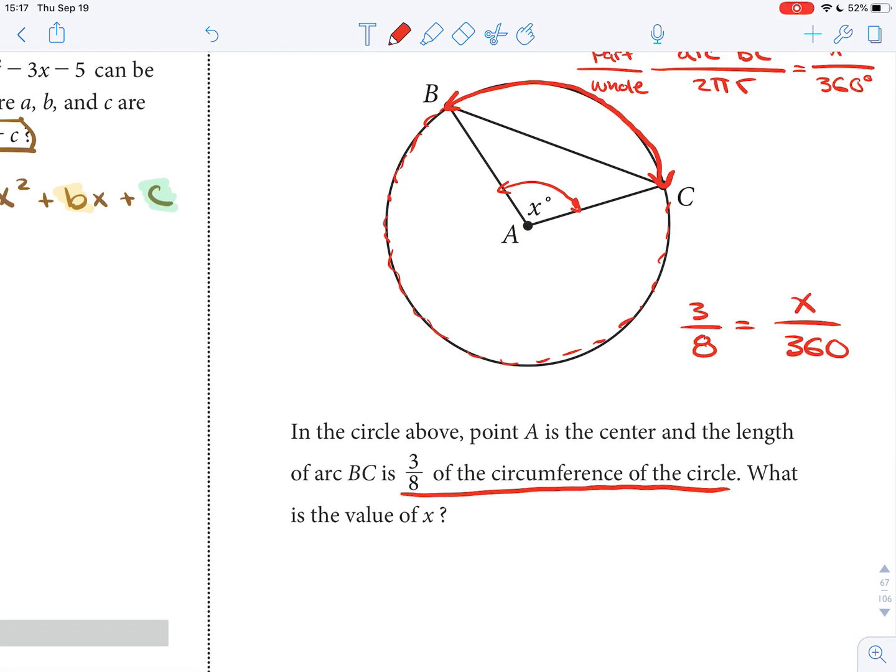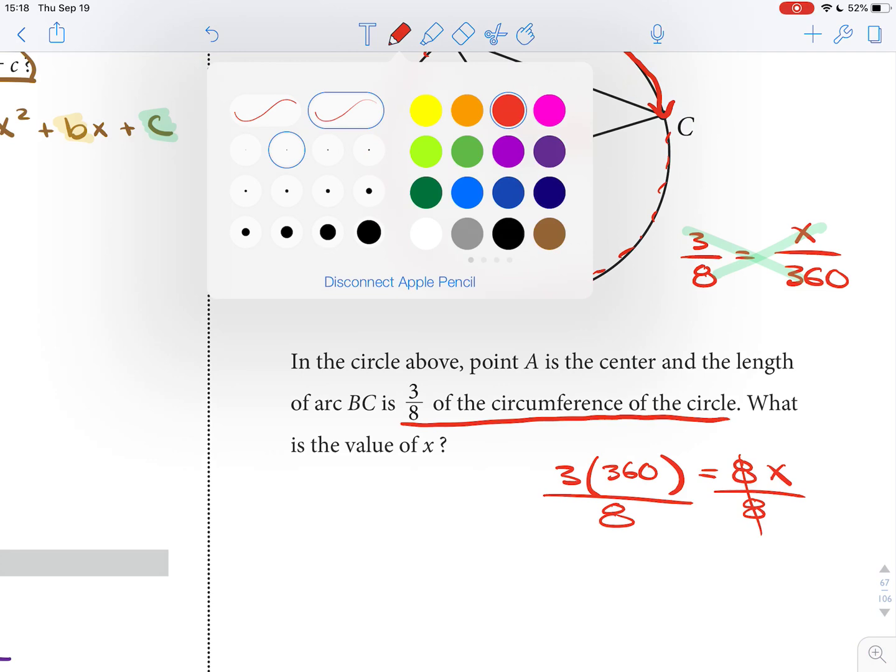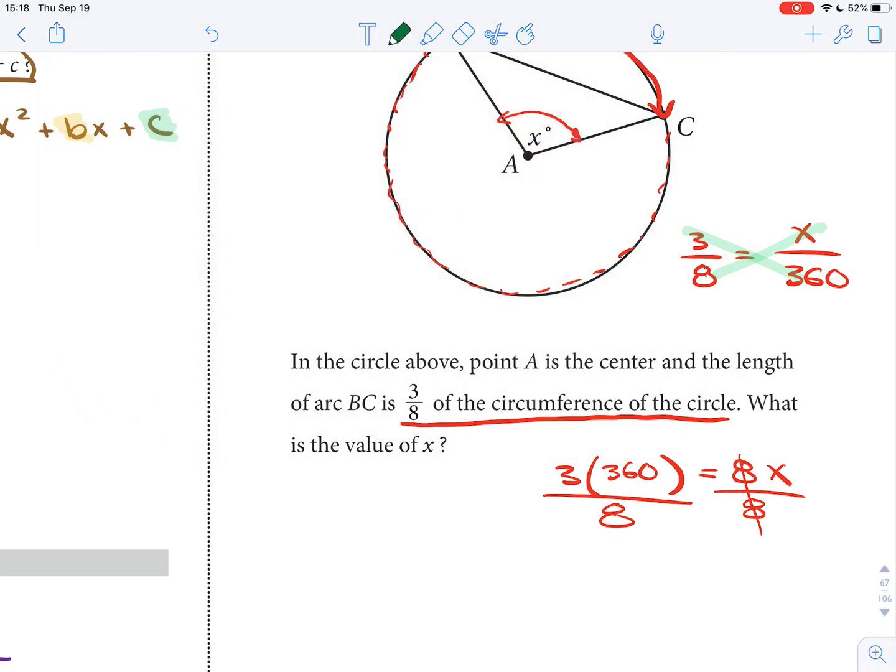So cross multiply, like in most cases here. The big trick I would say is always leave things in factored form. So it's going to be 3 times 360, I'm just not going to do it out just yet, equals 8x. And from there, we're going to divide both sides by 8. Now we are going to look for any simplification that we can. In this case, just divide things by 2. I know there are more efficient ways to do it, but if you don't see it, it's always a good idea to say, all right, well,